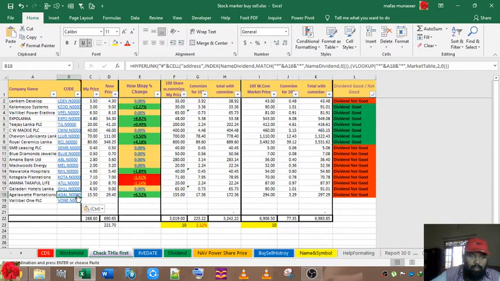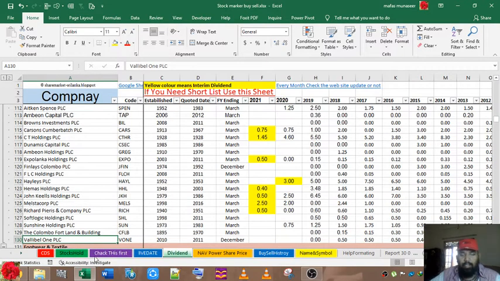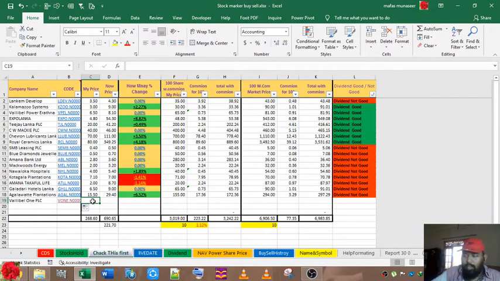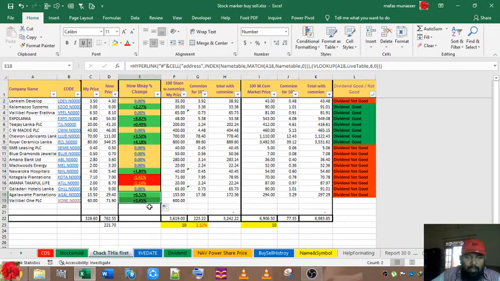Let me check why it's not linked. Valuable One, now it's linked, and the dividend is linked too. My price is going to be 18, so I'm going to check the 60. We look up live data for the price right now, and we look up 71, and here I mark it as plus.